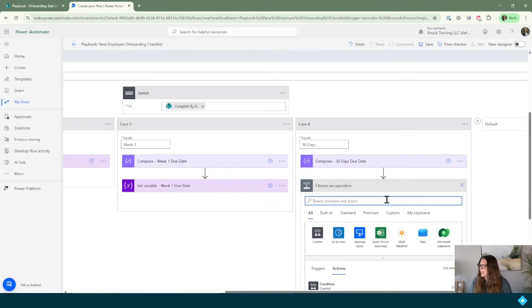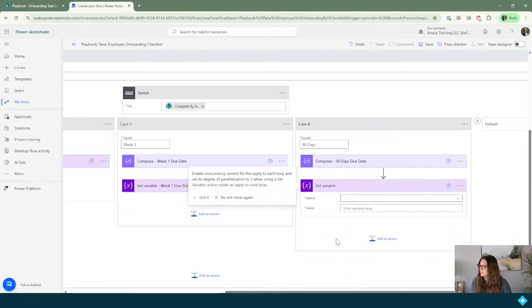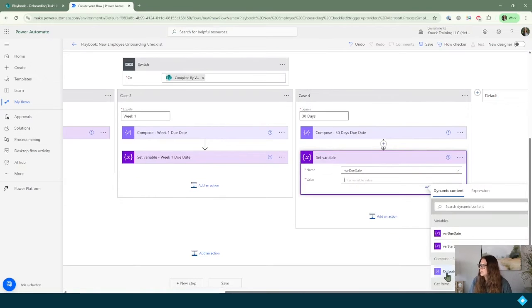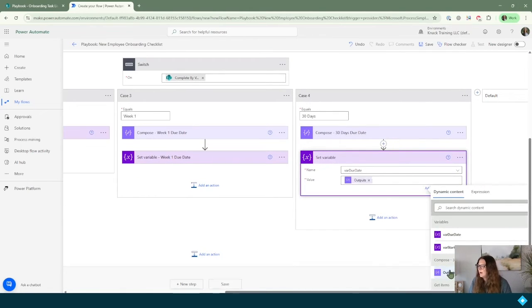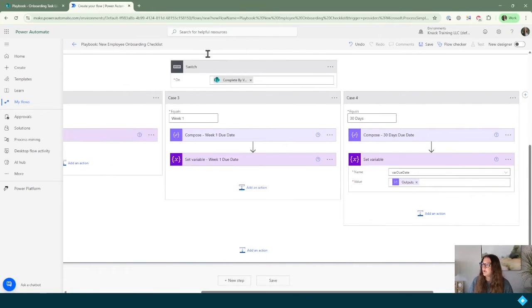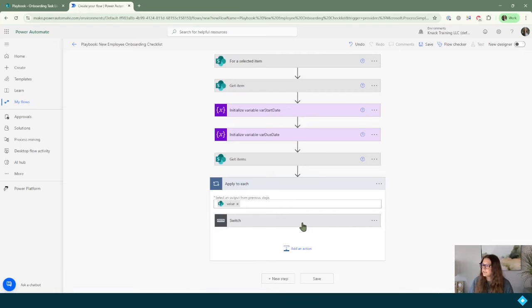And we'll click add an action. I'll use the set variable action. And we're going to go ahead and choose the due date, and we'll enter that 30 days due date output. Now we have each of our due dates calculated. We're going to go ahead and collapse this switch, and I will rename this here. This is our due date